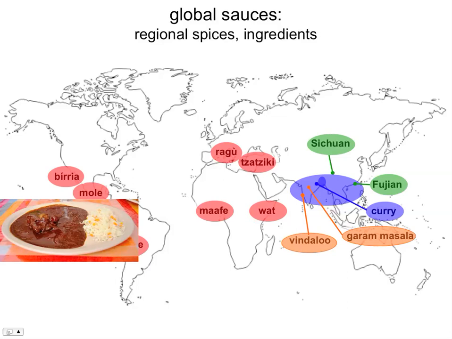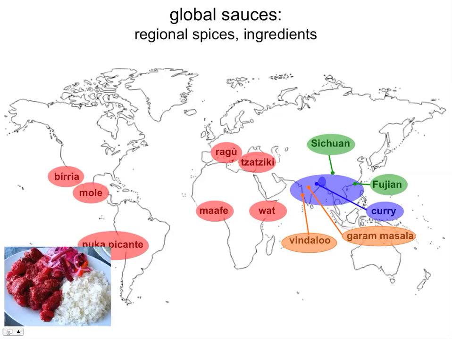Pipián is one of my favorites. Of course, the well-known mole poblano is an incredibly complex sauce, and its most famous component is chocolate, another New World native. Finally, I want to introduce you to puca picante, a Peruvian dish made with pureed beets